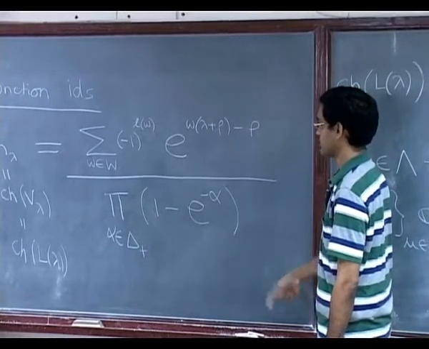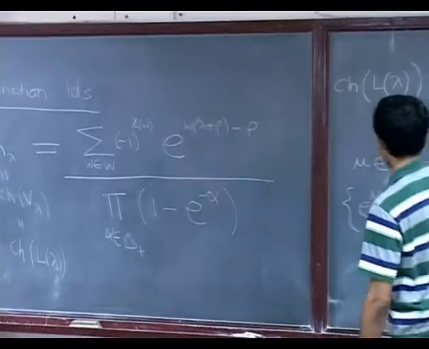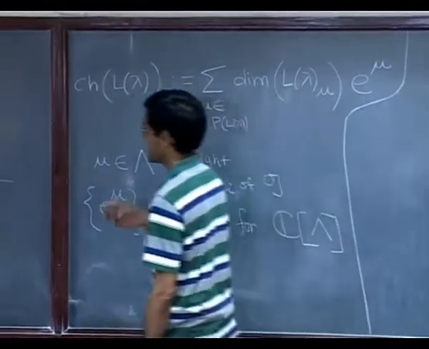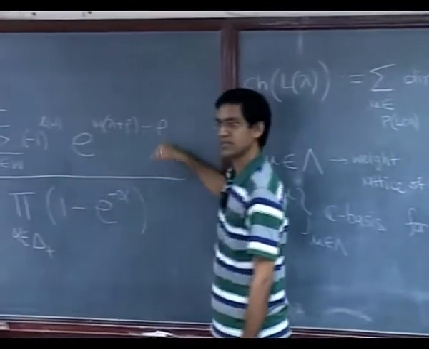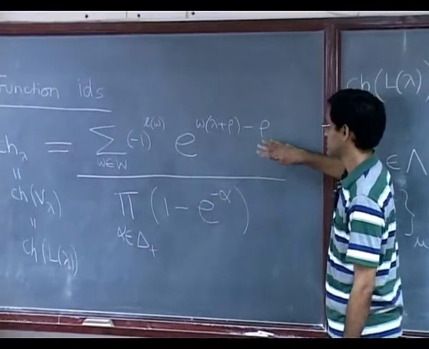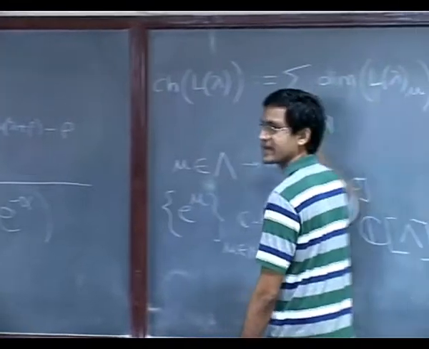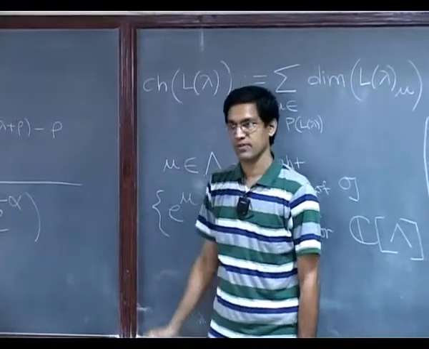Weil character formula is this. Notice that the left hand side is again just a finite sum. It is an element of C lambda. It says that this denominator divides the numerator. So, this numerator is the product of this denominator and this finite sum inside C lambda, for example.